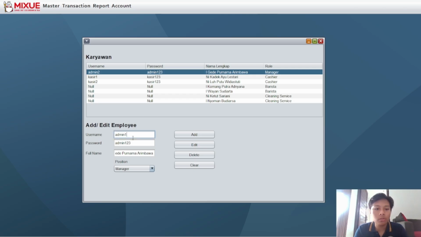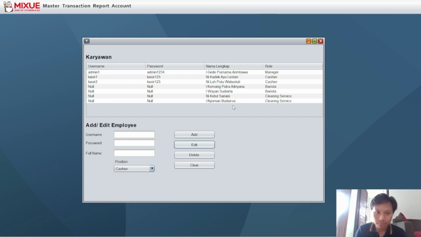For example, username is admin1, the password is admin1234, and then we're gonna click on the edit button. We'll create a show message dialog, "Data berhasil diupdate", and then the data will update.